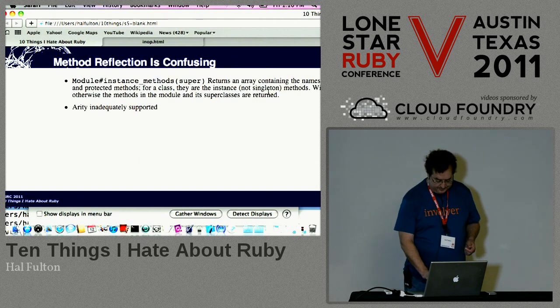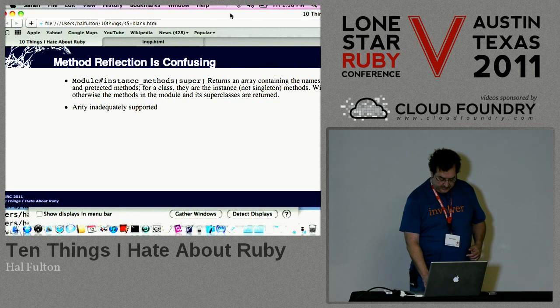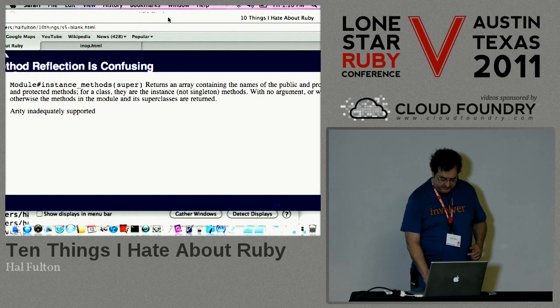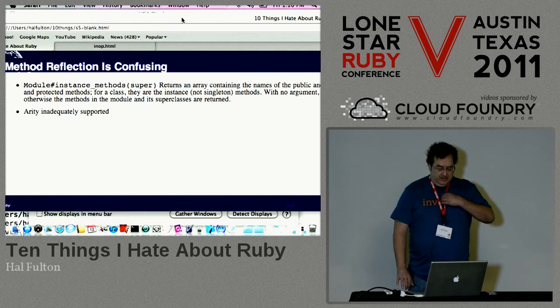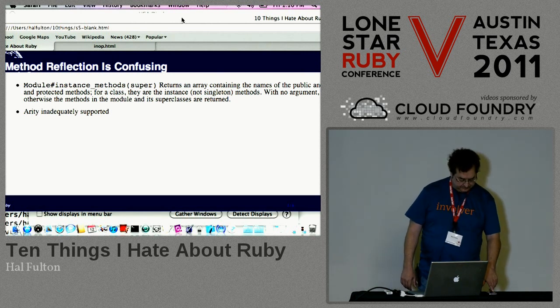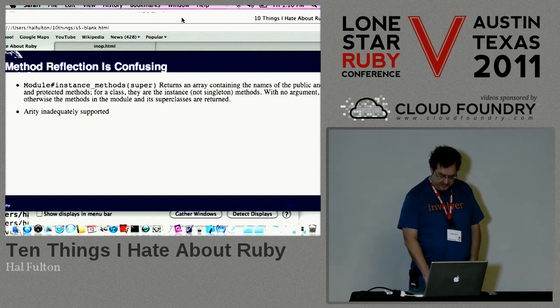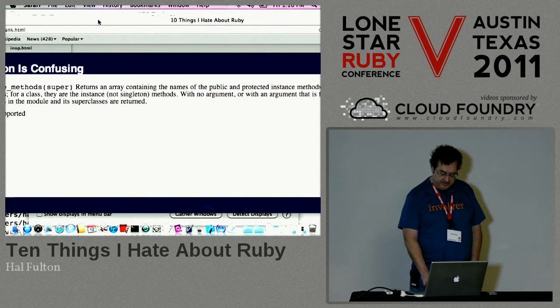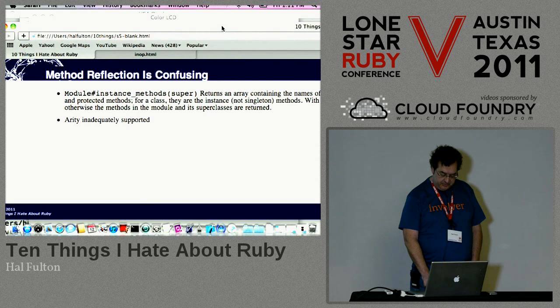Next thing. Personally, I find that reflection is confusing. Let me see if I can get some more of this on the screen here. I don't know why that didn't wrap properly. Let's take the instance methods method as an example. It behaves this way. This is the description that I got off rubydoc.org. Returns an array containing the names of the public and protected instance methods in the receiver. For a module,